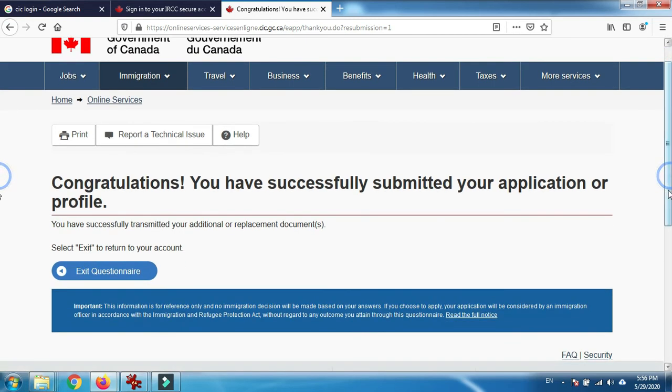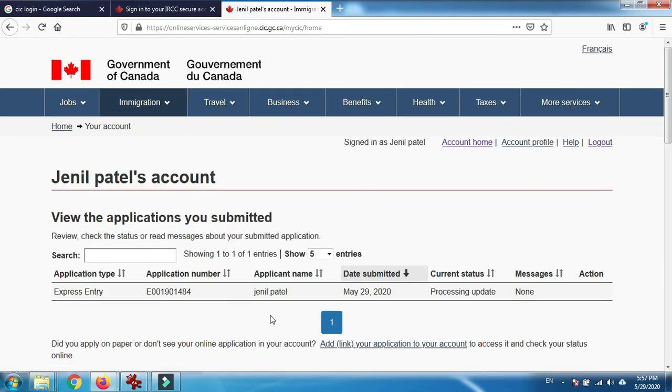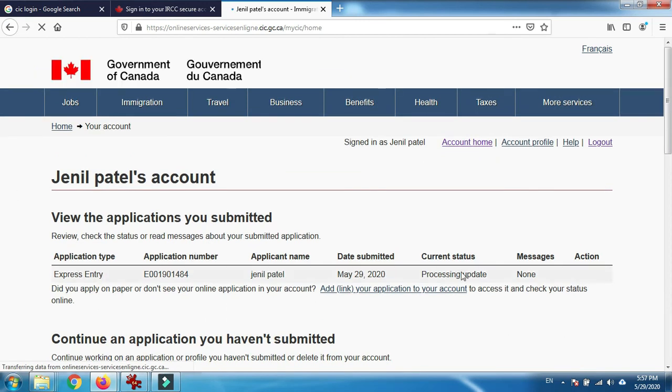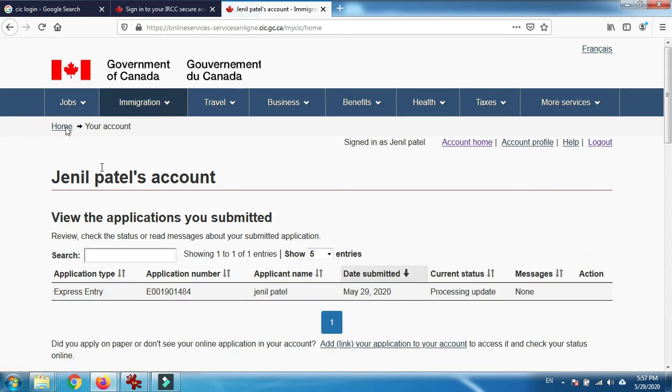Fine. So it means that you will go back to your profile, and you will see that it is processing the update. It means they are transferring the data and saving your data into the profile. After a few seconds or a few hours you will see that your profile is submitted. Still it is in processing. Let's wait for a while.